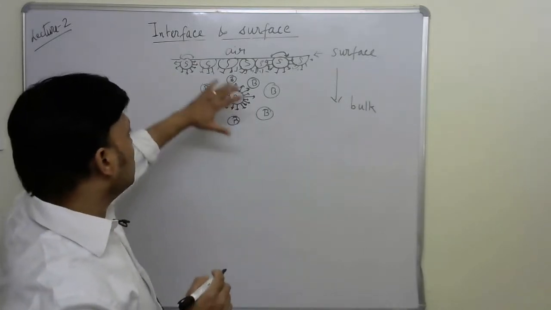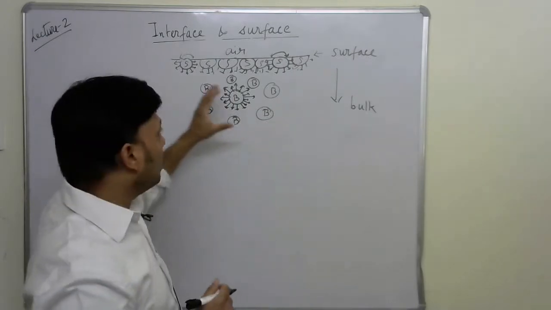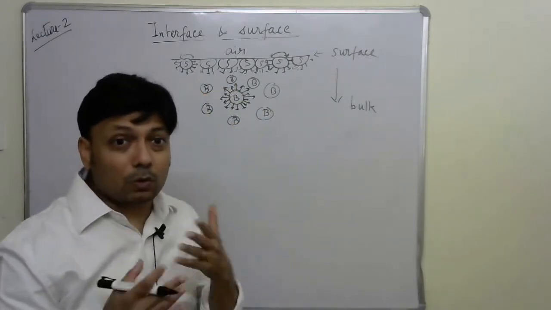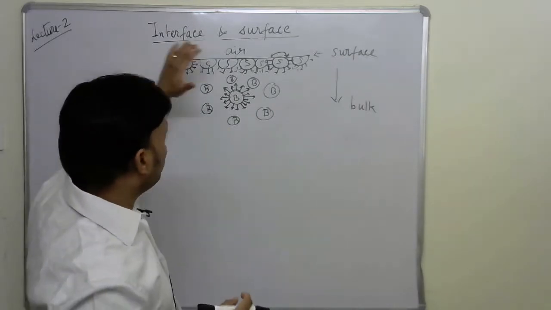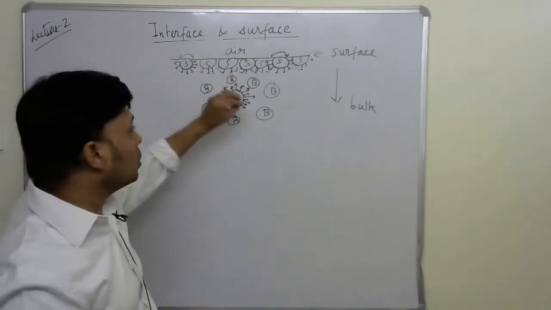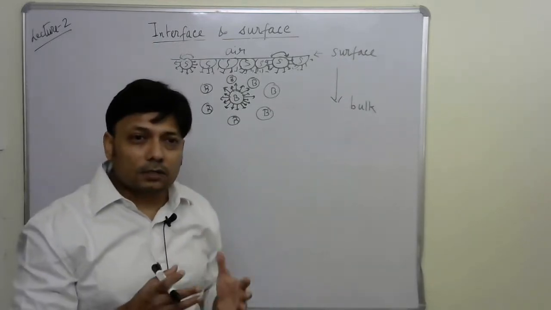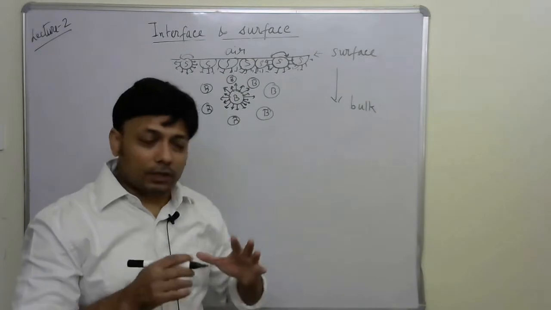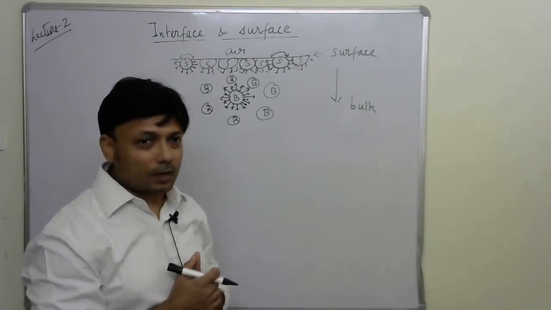So any material, be it solid or liquid, because for liquid surface energy is more conspicuous, but for solid it is not that much, but the surface energy is always associated. So the origin of surface energy is due to the unneutralized force of the intermolecular attraction coming from the bulk. Okay, so